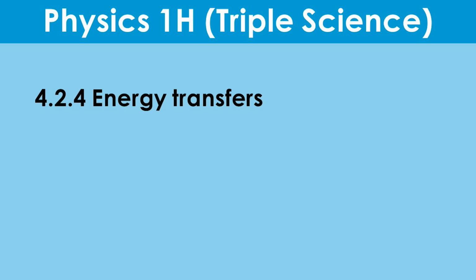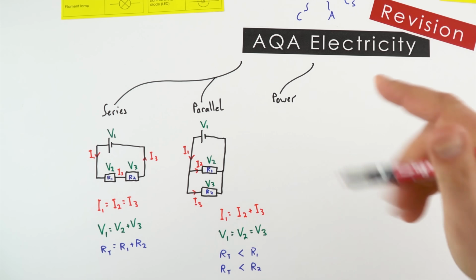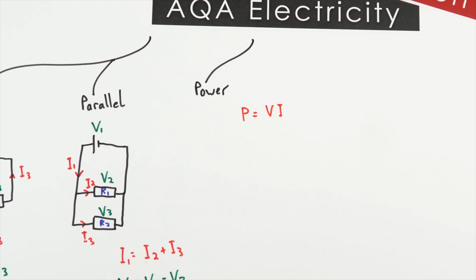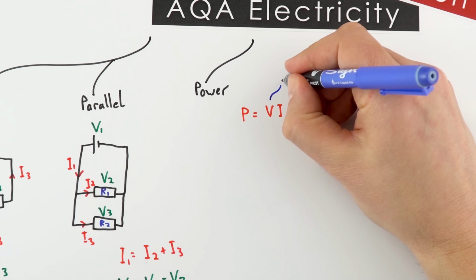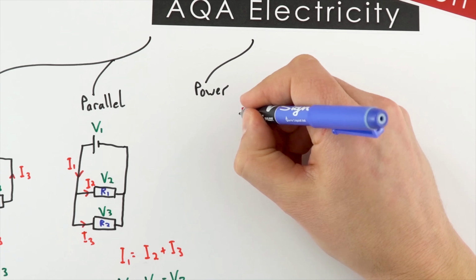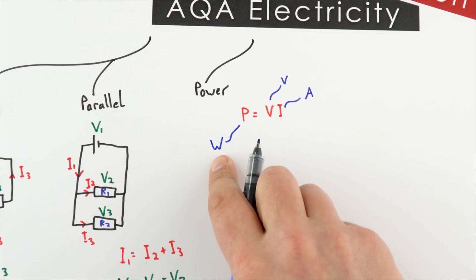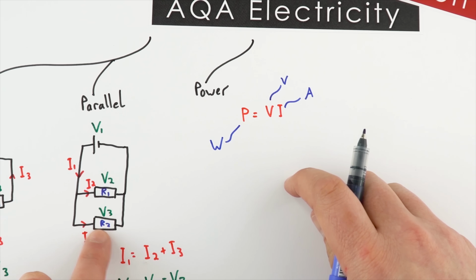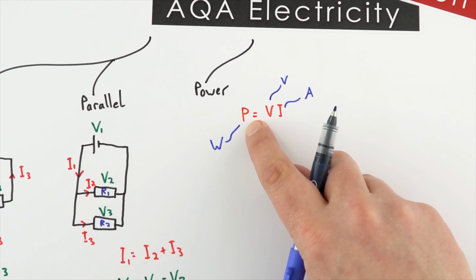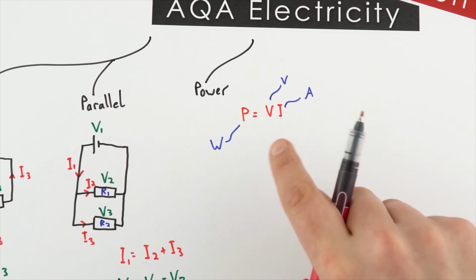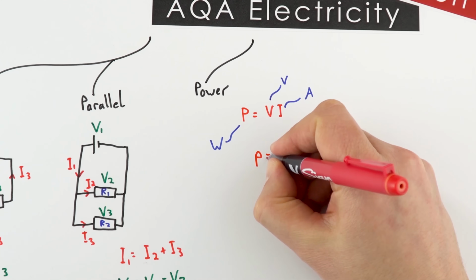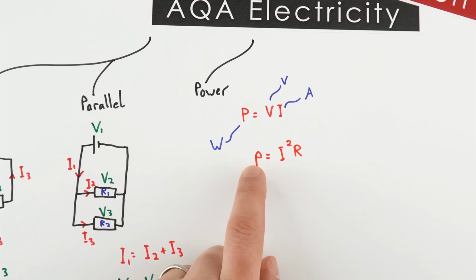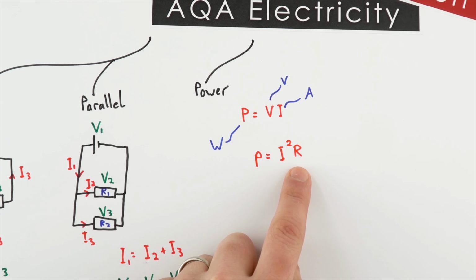We can also look at the electrical power. So this is the amount of energy transferred per second. And what we can say is that the power is equal to the potential difference times the current. Again, we measure our potential difference, V, in volts, our current in amps, and we measure our power in watts. That's the amount of joules per second that are transferred. So effectively, if you've got a component with a bigger current flowing through it and a bigger potential difference, it's going to transfer more energy per second. But sometimes we might not know the potential difference. The other equation we can use is P equals I squared R. So we can also work out the power, capital P, is equal to the current squared times the resistance.